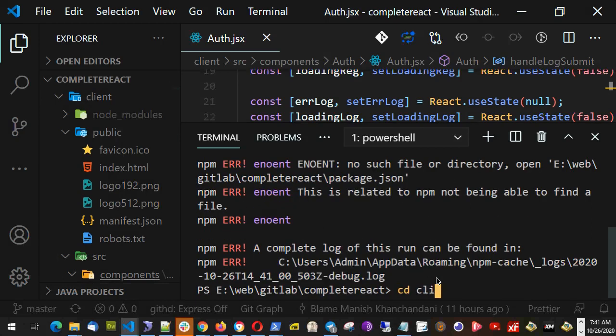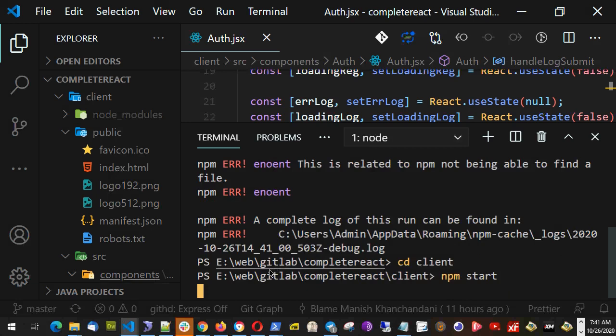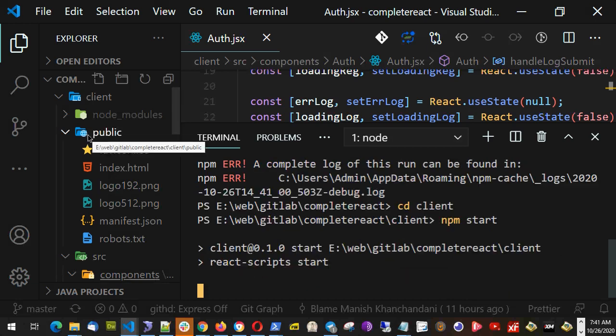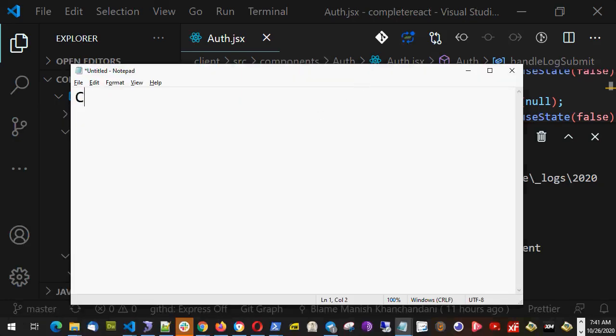Okay, I have to go inside the client and then start. So if you are working along with me and you are doing the code and you get some problem or difficulty that you are not able to solve, or you are getting some bug which I showed here, it is working but it's not working in your local. So what you have to do, you have to commit your code inside the Git or GitLab. So commit and push your code in Git or GitHub or GitLab,